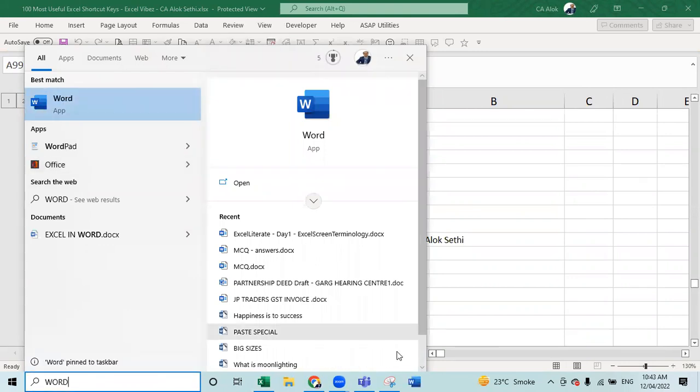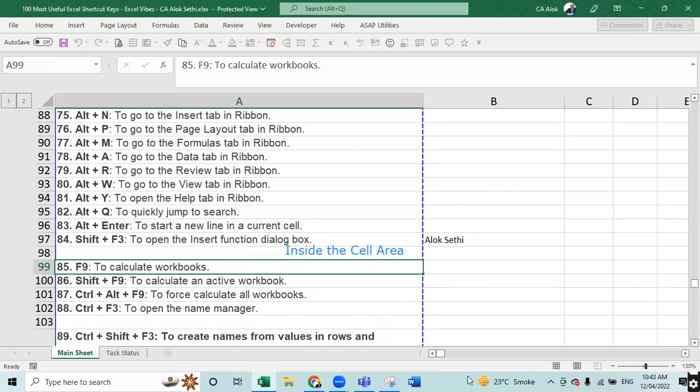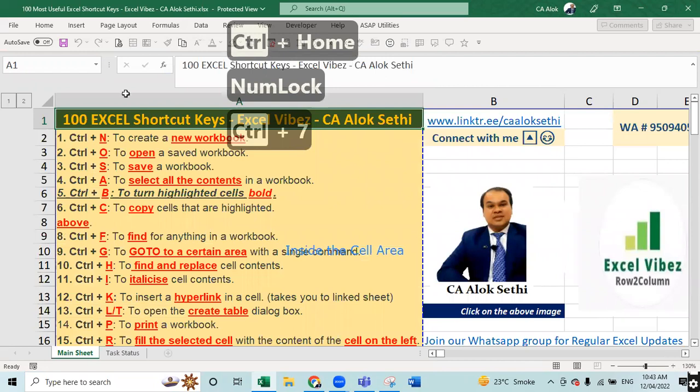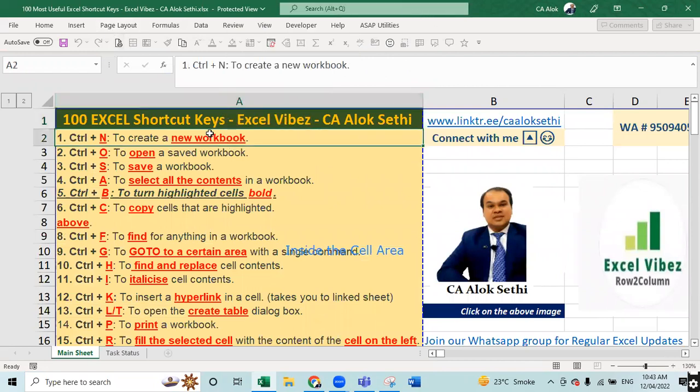So you can see that this icon is there. Now I can directly click on it and it will open, right? This is how you can customize your taskbar also. Now let us start with the shortcut keys. So control, how I have designed this file is,